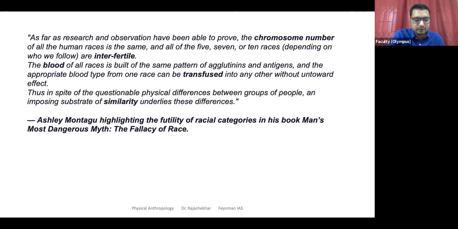Let's say someone wants to create a more intelligent individual. They say they can create more intelligent individuals by copying or cloning an individual's DNA. We believe that Albert Einstein, for example, is a very intelligent person. His IQ levels were very high. So if you copy his DNA and make a clone of Albert Einstein, would we get someone who is as intelligent as he was? No. There we realize that it is not just the DNA, it is DNA plus our environment that defines who we are. But the belief that DNA is everything may lead to that outcome, which is not the case.